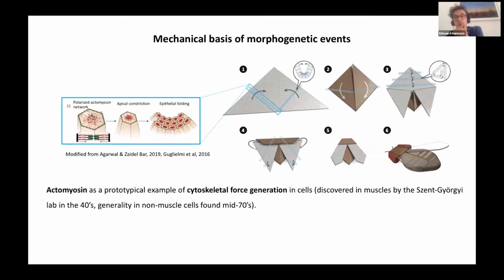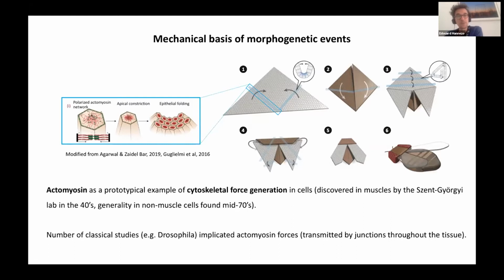This was also, of course, triggered by advances in biology, in particular. A bit before, actomyosin had emerged as a prototypical example of cytoskeletal force generation in cells. Indeed, it was discovered in muscles in the 40s, but then its generality in force generation of non-muscle cells was found in the mid-70s. And so there have been a number of classical studies, in particular in Drosophila, that implicate